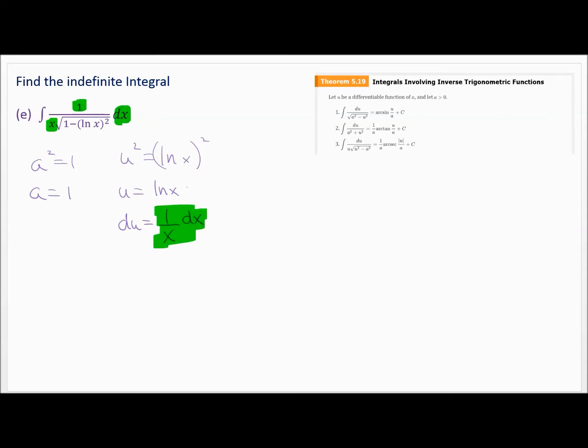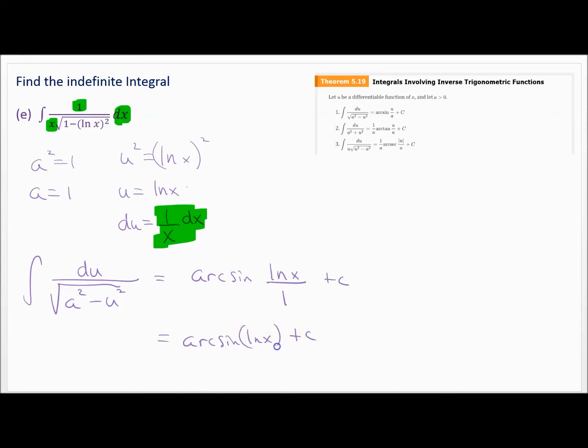So it means the rest of this, if I make my substitution, is going to be the integral of, we already decided that's du, let's write it on the top, the square root of 1, that's my a squared, minus natural log of x is u, so that's u squared. So clearly that is an arc sin problem. So my answer is arc sin of u over a plus c, so that's going to be arc sin of u over a. Now remember, u is natural log of x, a is 1, plus c, which is arc sin of natural log of x